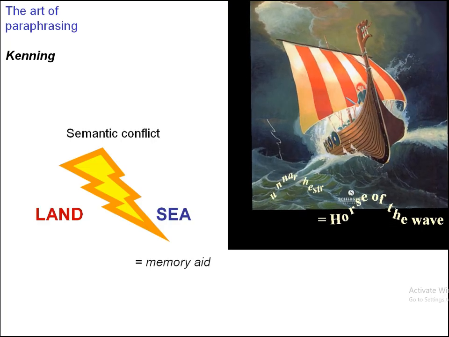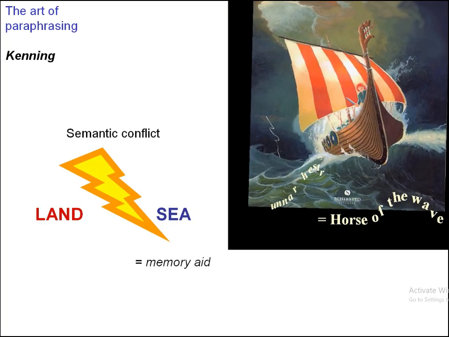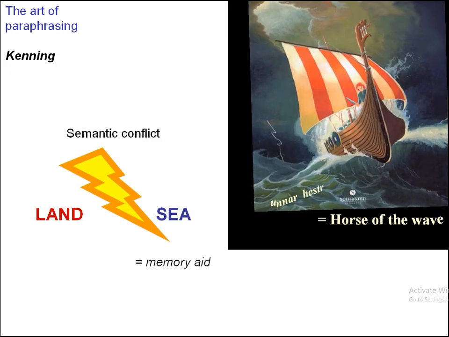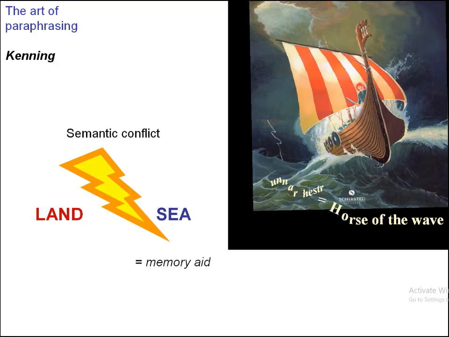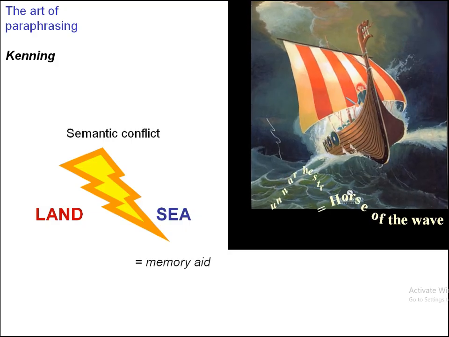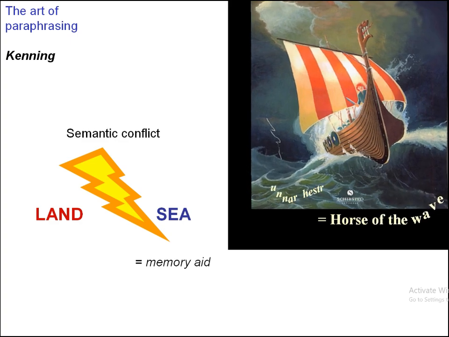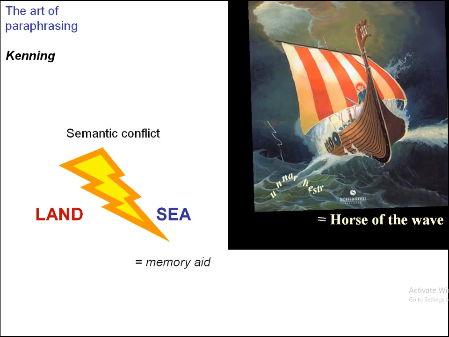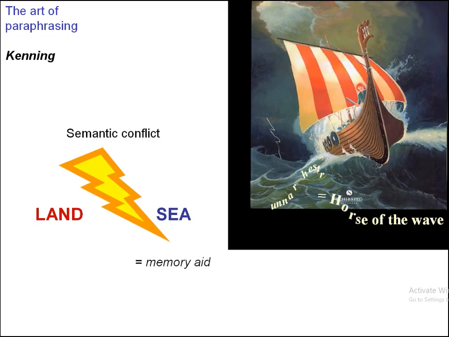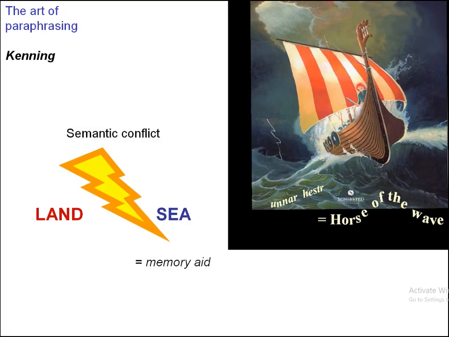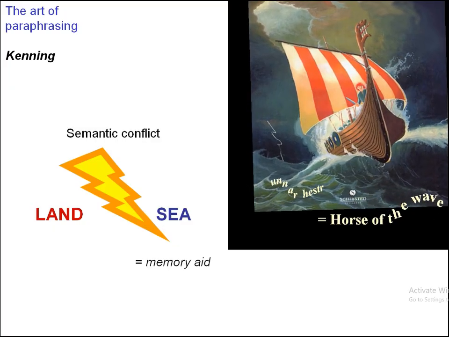The interesting thing is that the kenning horse of the sea for boat is not just one single phenomenon, but it rather is part of a larger cluster consisting of kennings that first evoke the picture of a land-bound beast and then transfer it onto the realm of the seas. To give you one example from this cluster, one could liken a boat to a bear,